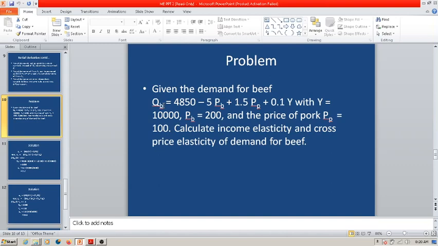Quantity demanded of beef is influenced by the price of beef, the price of pork, and also by the income level of the consumer. So three independent variables are included in the function. So it is a multi-variable function, and to find the impact of one independent variable on the dependent variable, we can use partial derivatives. The partial derivative can be defined for each of the different variables, and we can calculate the price elasticity, income elasticity, and cross price elasticity for beef.